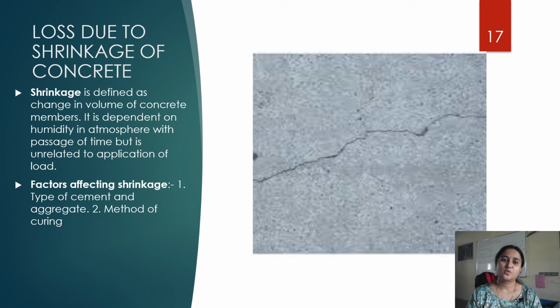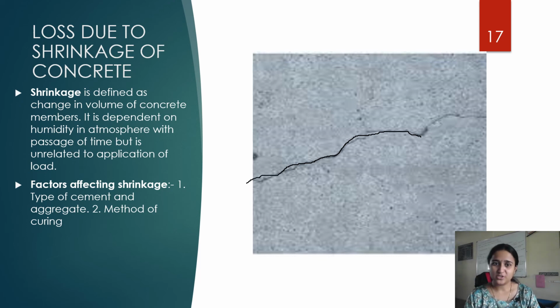Okay, so loss of shrinkage in concrete. As there is creep, there will be some amount of shrinkage, which means shrinkage loss will happen because of dry or humid weather, or if we have used a high grade of cement, or if that particular concrete has been poorly cured, that is, curing is not done very properly. So there may be some crack in a particular beam or slab.